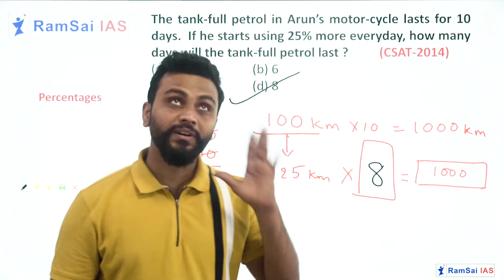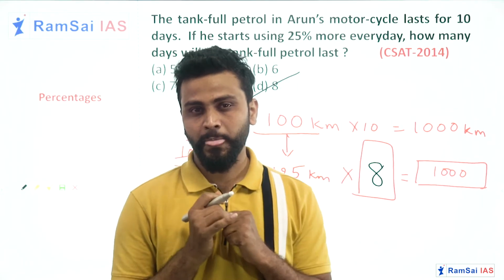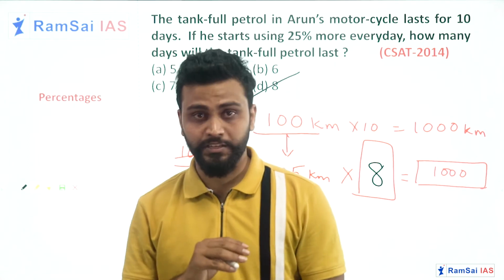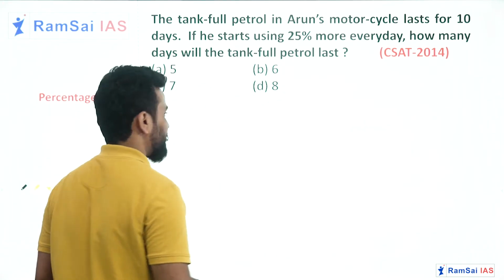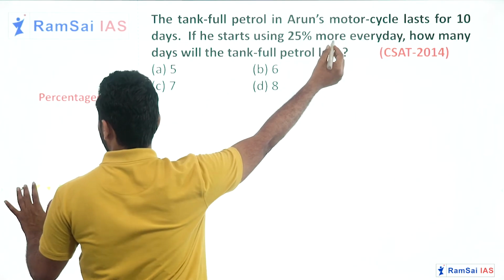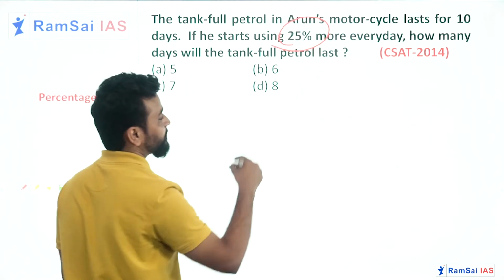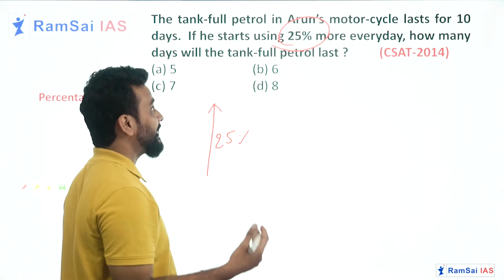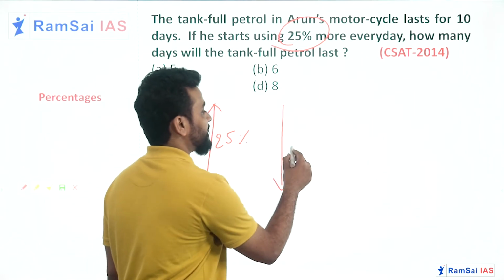Now this is by using your assumptions and taking a few values. This is the traditional process. But if you use the concept which I explained in our second video, and you can correlate them, you can answer this problem even without using pen and paper. Just imagine how much the usage percentage is increasing. If 25% is increased in the per day usage, obviously the total number of days decreases by 20%.